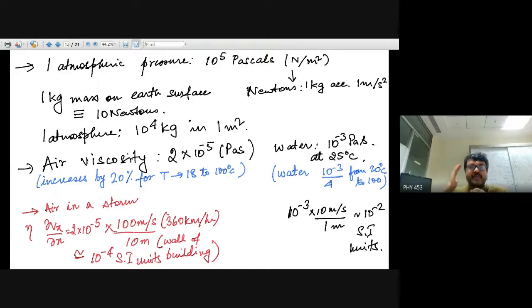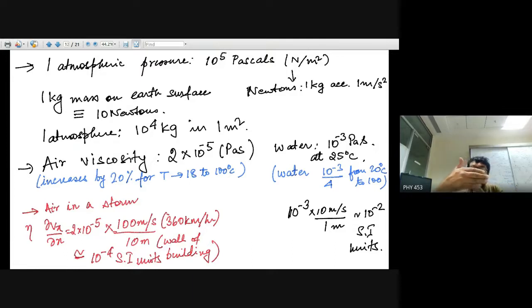Suppose this air is moving at very high velocities, and it is being stopped by a building, right? Just to remind you, 10 meters per second is 36 kilometers per hour. So if you have 100 meters per second, you have 360 kilometers per hour. Of course, we hardly have storms at that speed, but suppose this 100 meters per second air is being